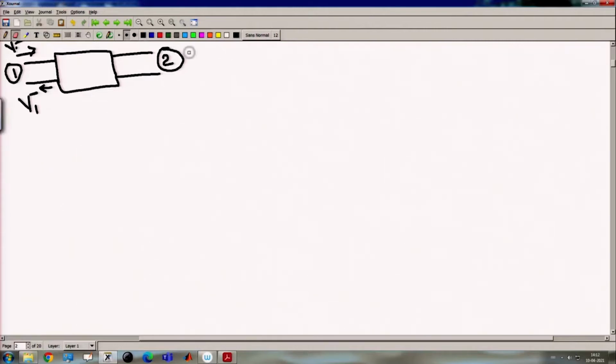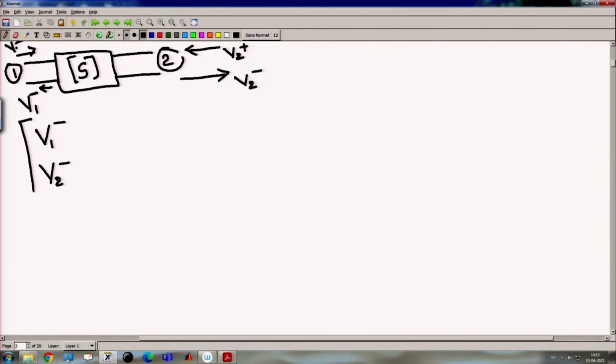Similarly, at port 2 we have V2 plus, and the reflected wave from port 2 we denote as V2 minus. So, for this network the S parameter can be defined as V1 minus, V2 minus, and this will be in matrix format equal to